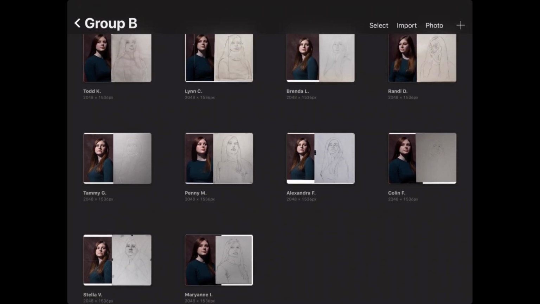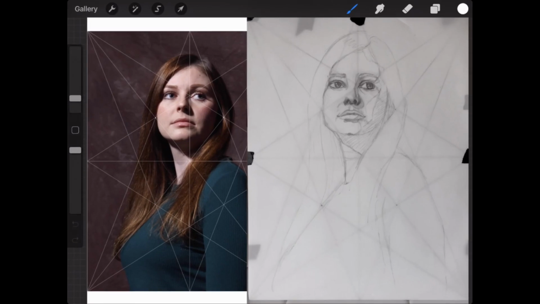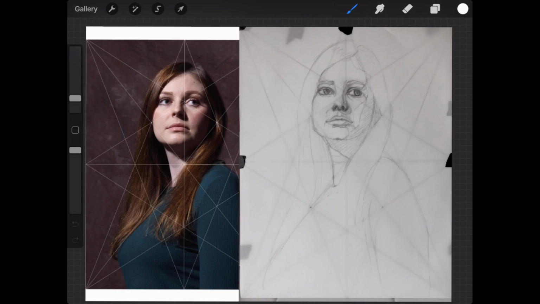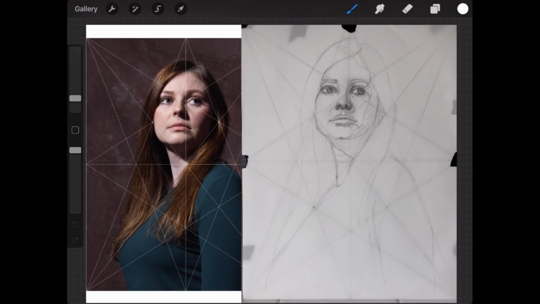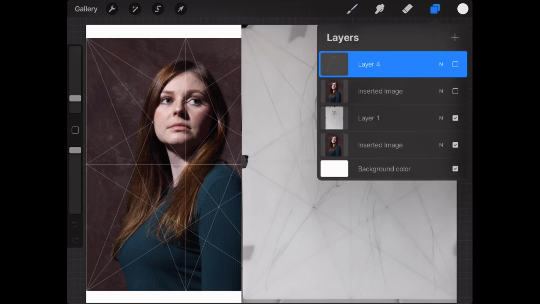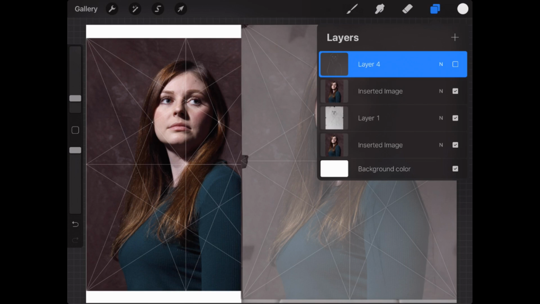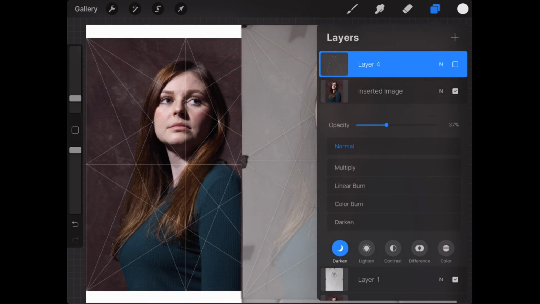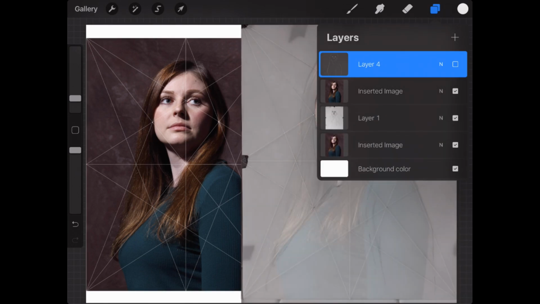All right, Stella. Are you in here, Stella? Thought I saw you in here. Thank you everyone for hanging in. I know it is a long critique. Some of them will go on longer, some will be shorter. It depends on our week and how much work there is. All right, there you are, Stella. How you doing? All right, so let me get this all set up here. Let's take a quick look here.